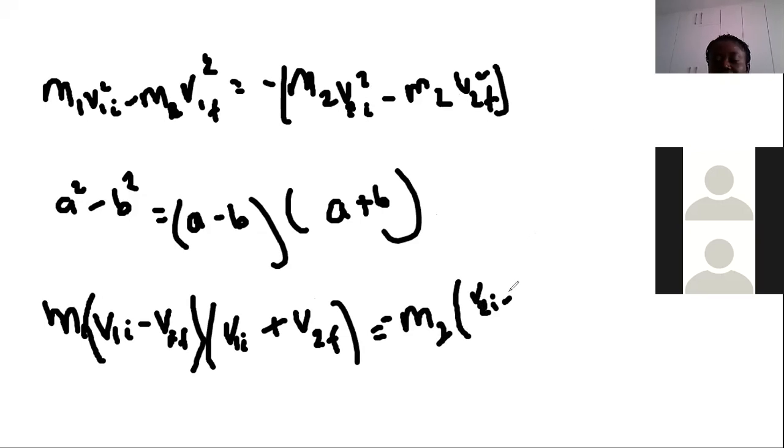So it's V2 initial minus the V2 final times the V2 initial plus the V2 final. Okay, this height is equal to that one. Okay, so then from the momentum,